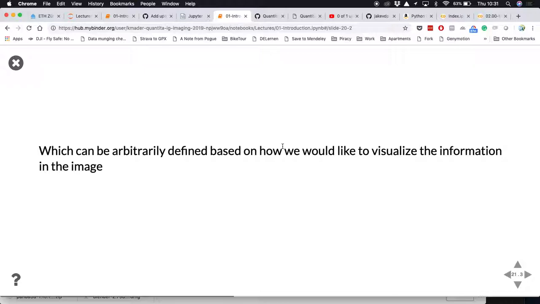And we can arbitrarily define this lookup table to be whatever we want to visualize or point out in the image. And so this is one of the areas where you very quickly get into trouble in science: if you change the lookup table, you can very easily change what you see in the image. And so if you're trying to show, look, we have this drug that makes cells much healthier,